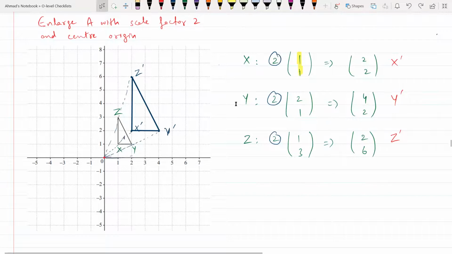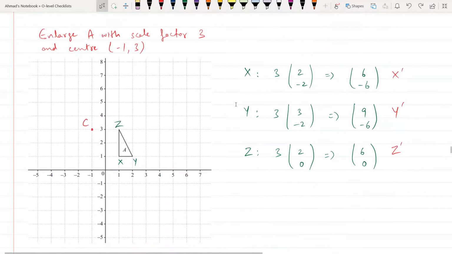but it's much quicker if you do it just graphically like that। अच्छा, what if the center is not the origin, आपका वो फिर पॉइंट ऑफ रेफरेंस बन जाएगा, जो भी आपका सेंटर है उससे आप देख रहे होगे। अच्छा, you have to enlarge this with scale factor 3 and center -1 and 3, okay। Again, you can either do